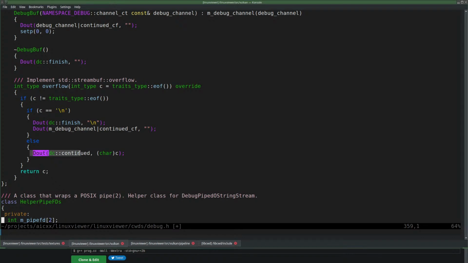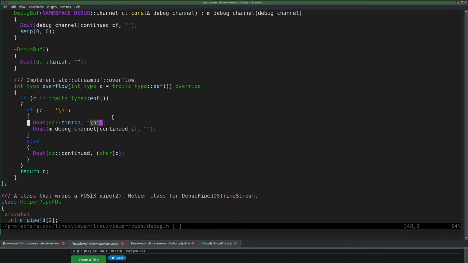So it is now using the interface of libcwd for writing debug output, very inefficiently because it does it character by character. But yeah, well. And then there's a cherry on top. If it is a new line, I'm also doing finish.